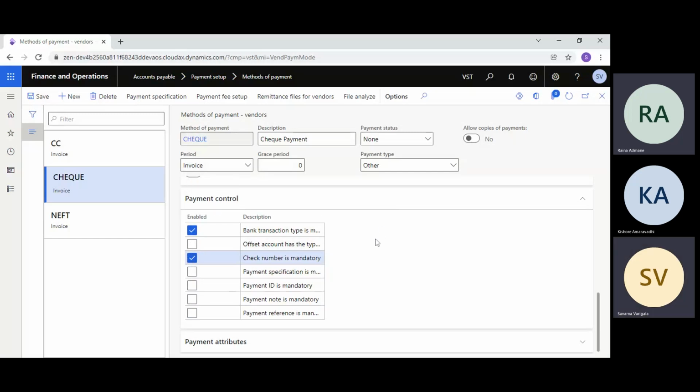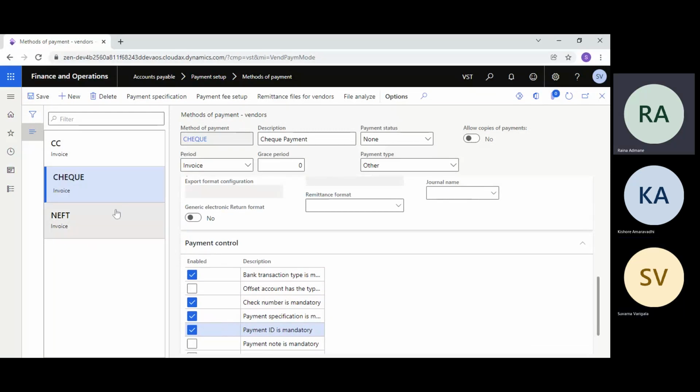So for fixed we don't need that. For free we need the check number to be mandatory. Then sometimes we need the payment specification mandatory. Then payment ID, sometimes we need it mandatory. That setup you can do here, so that whenever anyone tries to print the check, all these fields will be filled. Without that, it will not go ahead.